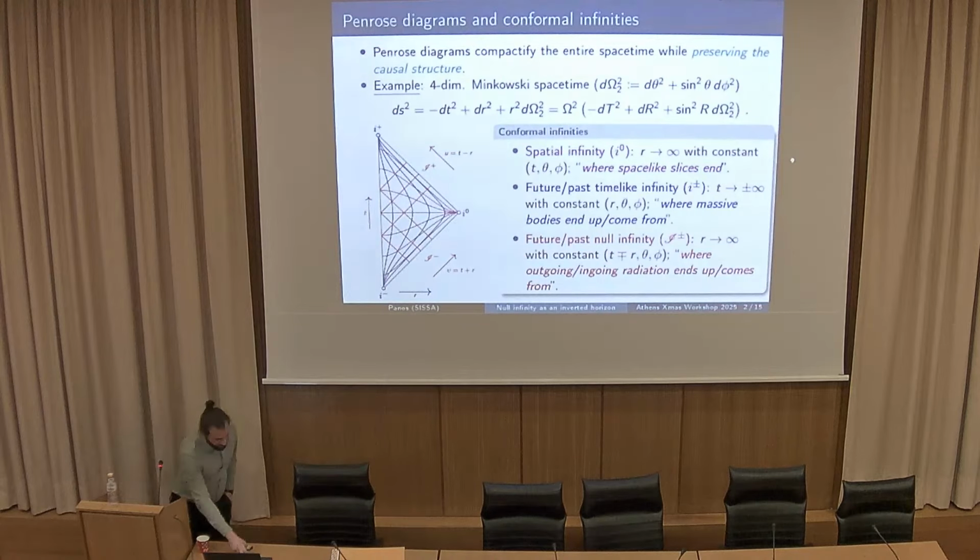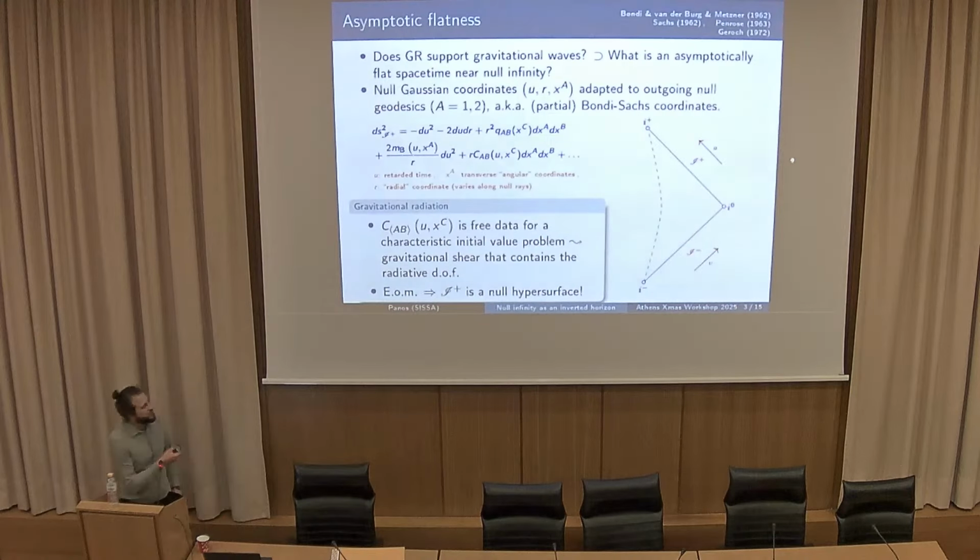Okay. Now with this definition, I can answer a very basic question that defines the first part of the correspondence. This is the definition of an asymptotically flat space-time, specifically a space-time that is asymptotically flat near null infinity. Now, answering this question was a necessary ingredient for theoretically predicting gravitational waves, and it was quite hard to formulate this definition. This was only achieved in the 60s, almost 50 years after Einstein gave us general relativity.